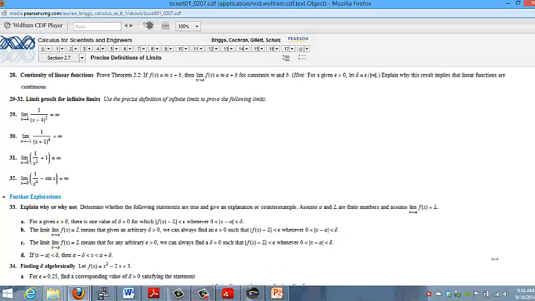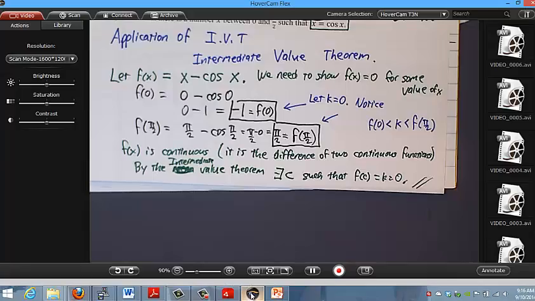I think I'll start when I do 29 here. I just want to start and make sure that we have a good definition for what this means. It says limit as x approaches, is that 4? Okay. So if you want to do this problem, you need